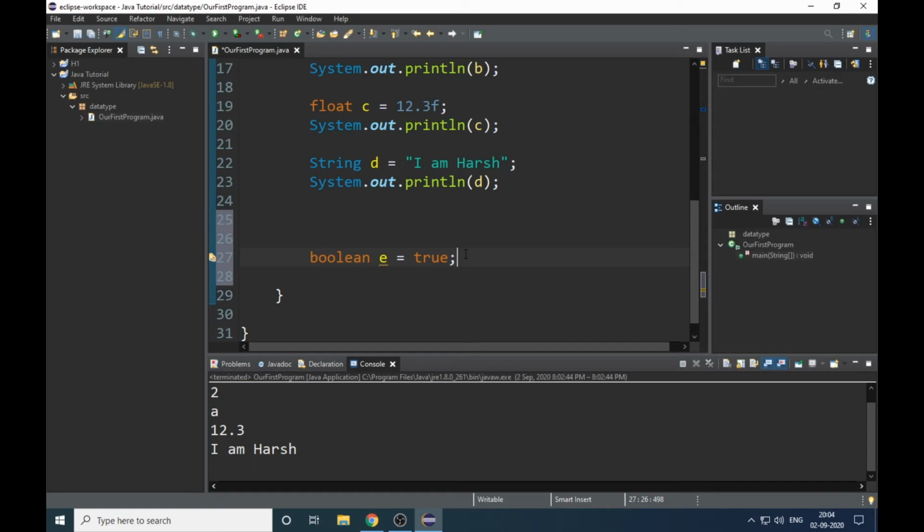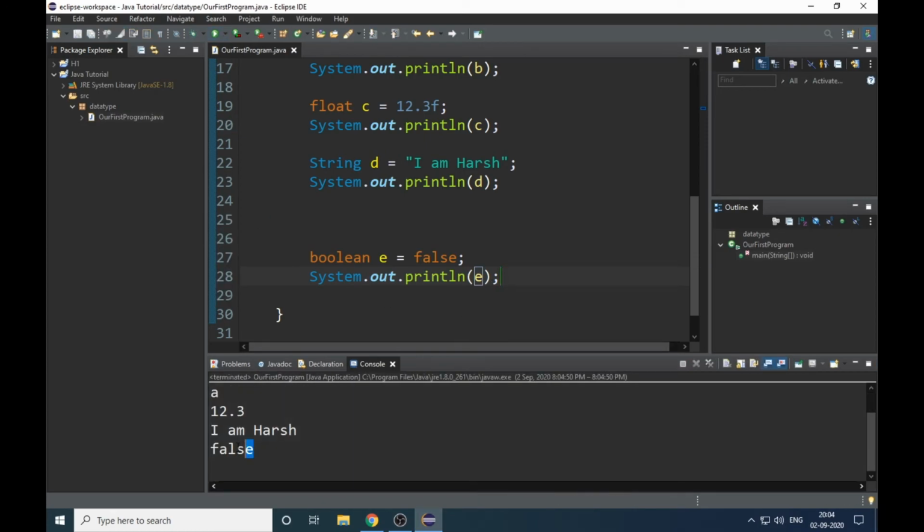If I type anything else, it will show an error, only true or false. And for printing it, just type sys out and the name of the variable, which is e here, and run. Here you can see false.